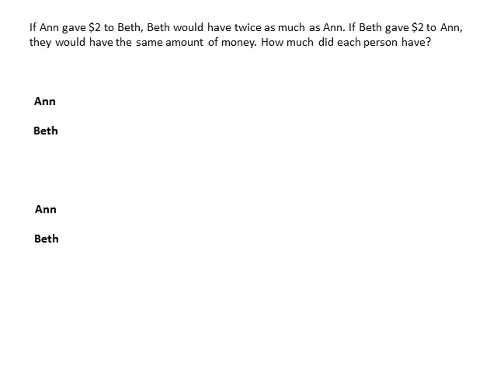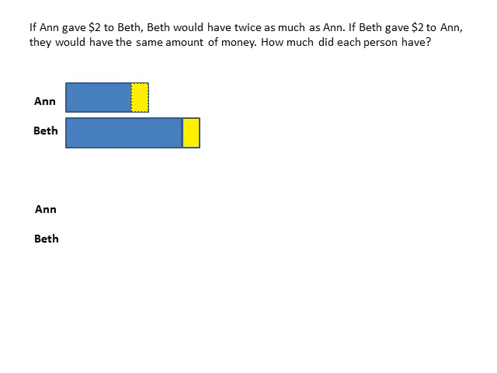At one point, if Anne would give $2 to Beth, Beth would have twice as much as Anne. So let's draw that situation. So we have Anne here and Beth here. Okay, so the yellow box represents $2. Okay, so let's go back again. So that's originally Anne's. And then we have that yellow over the blue one, which means we're taking away that yellow and putting it into